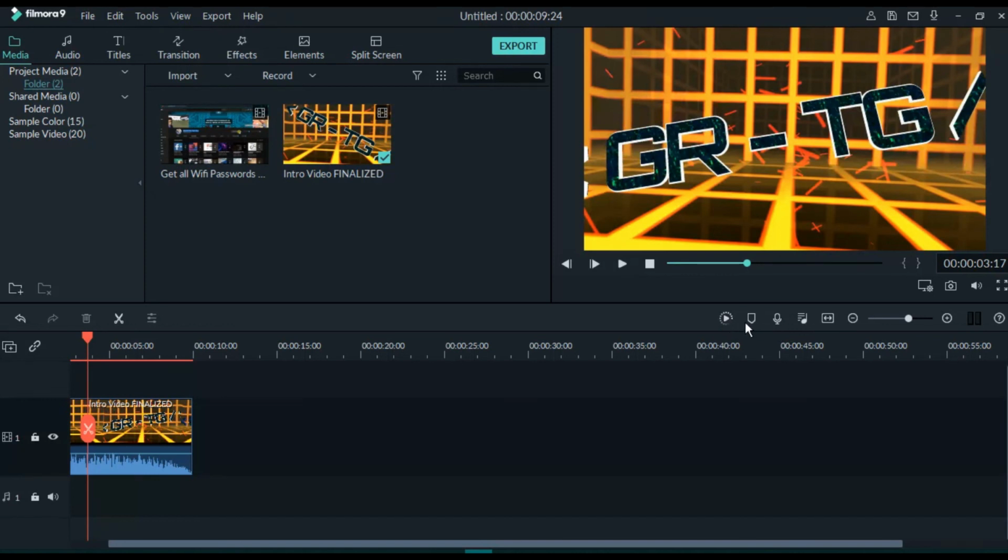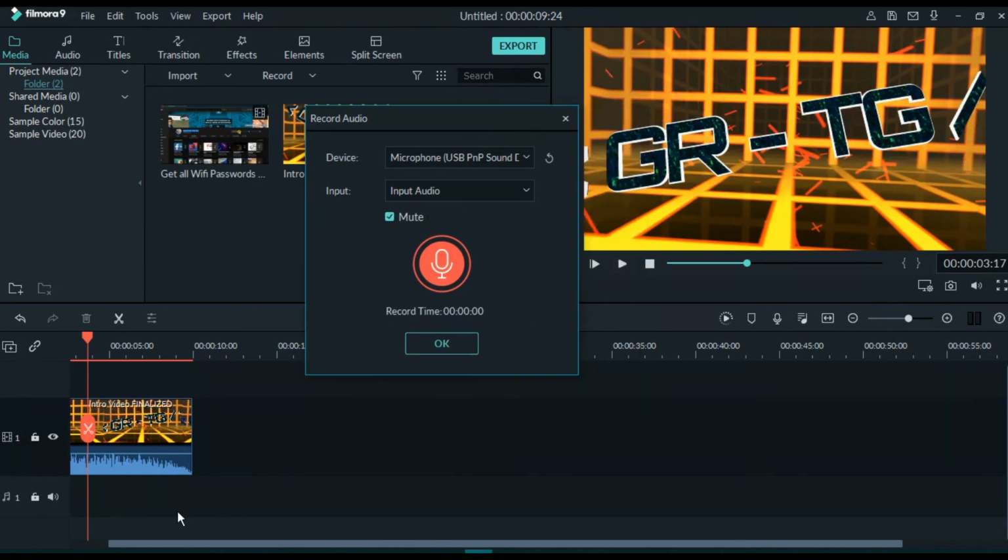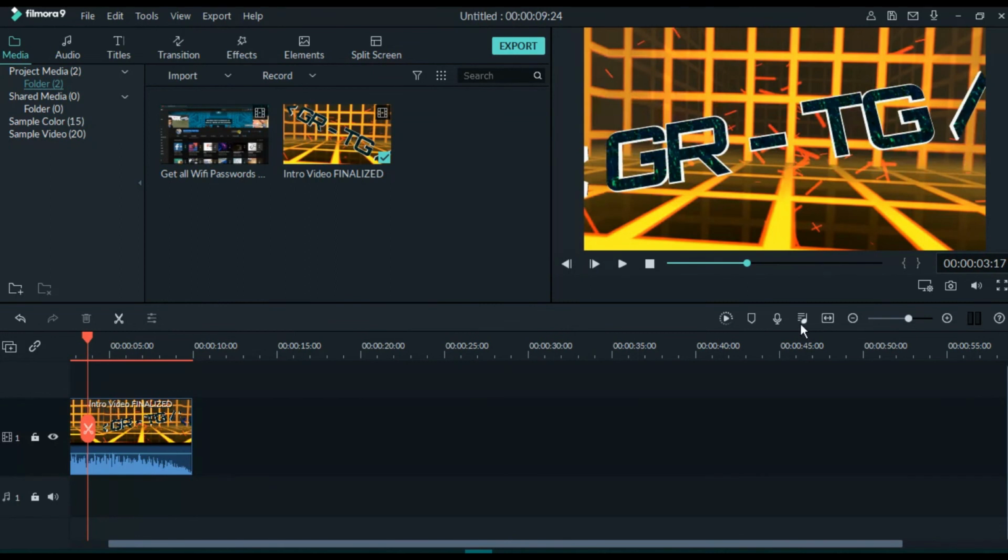This is the rendering button. This is where you can mark any particular video. This is for the recording purpose. If you want to record, it will come up in an audio format down here, so you can record it. And there are lots of stuffs. I'll be going through each of them